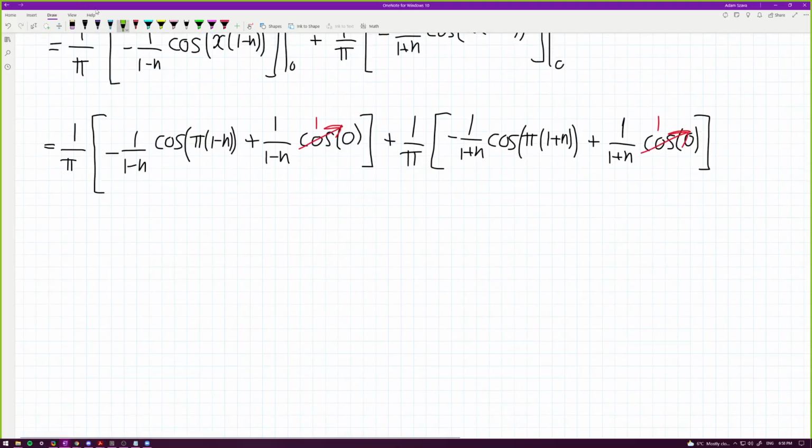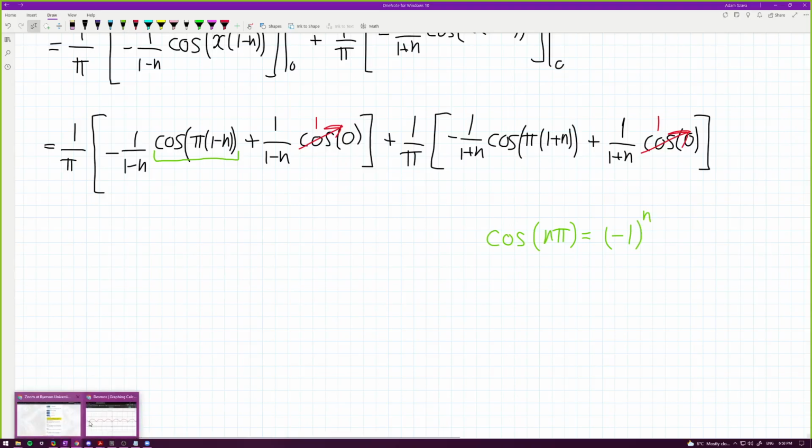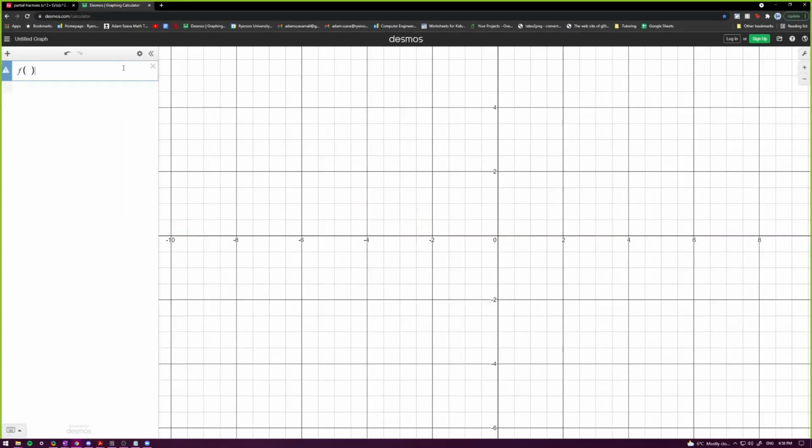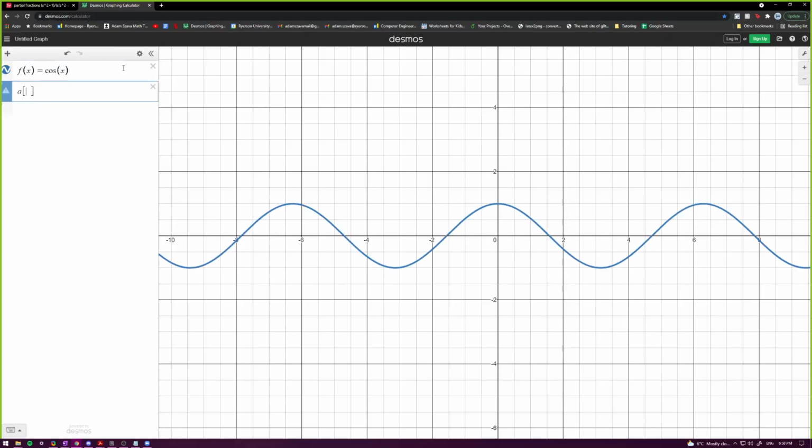And now these guys, this is where it gets a little bit tricky. Cosine of (1 minus n) pi, until very recently, I thought this was negative 1 to the n, but it actually isn't. So cosine, I'm going to write this here quickly. Cosine of n pi equals negative 1 to the n. And the reason for that, right, is, if I just really quickly make a little visual here, we have our function f of x equals cos x, right? And then if you just imagine what's happening at those particular intervals,